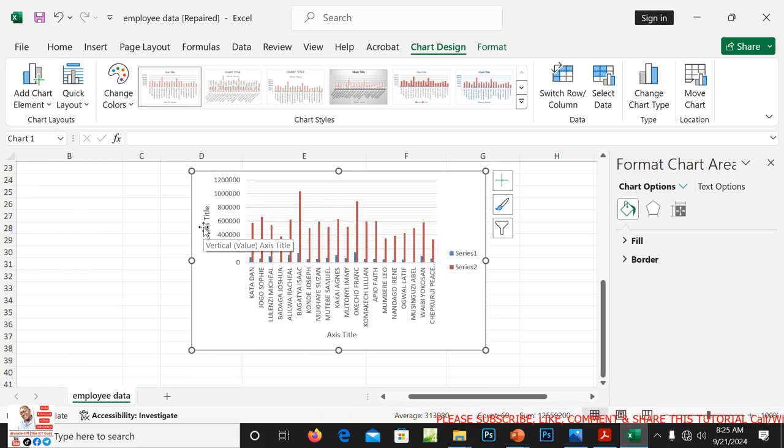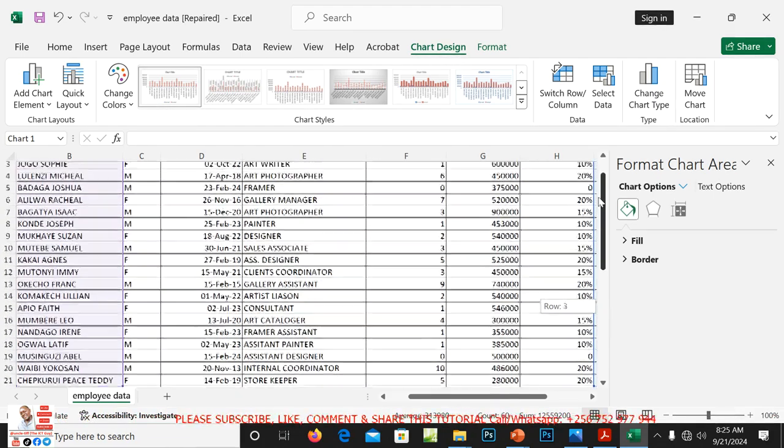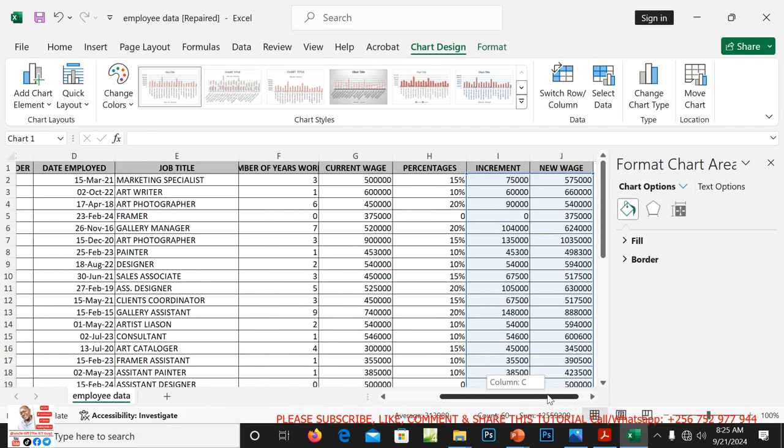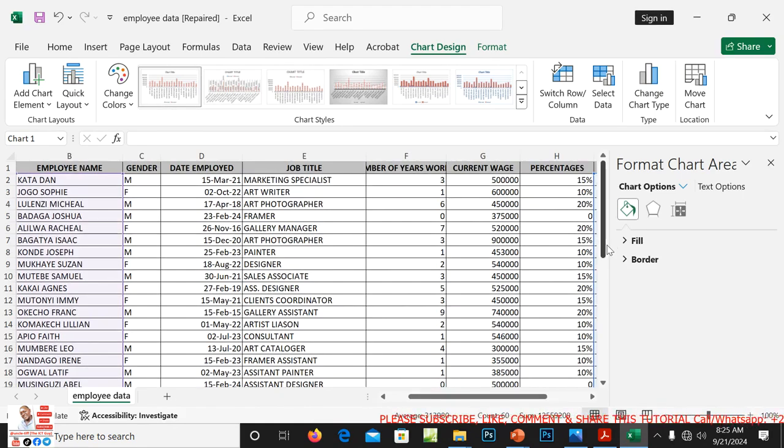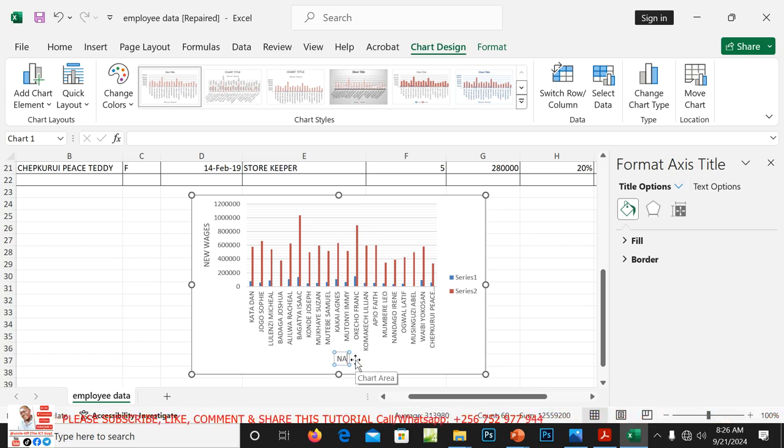So this is new wages, these are wages, new wages, then these are names, let's say employee names, or you can even just say employees.